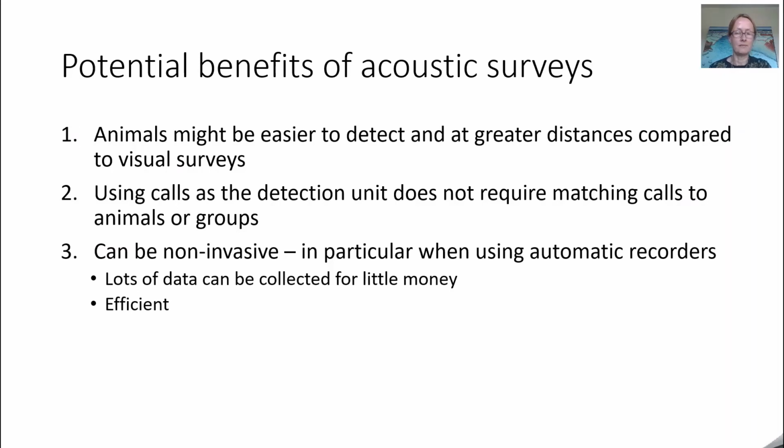It can be non-invasive in various ways. When surveying in the dense forest, the fact that you can hear animals from far away allows you to survey by standing at listening posts for the duration of your sampling occasion. If you were to rely on visual cues in this situation, you would not be able to cover much ground and would likely have to switch to a different method called line transect surveys, where you would need to travel along the line, likely making a lot of noise. So standing at listening posts is a lot less invasive and a lot less likely to alter the animal's natural